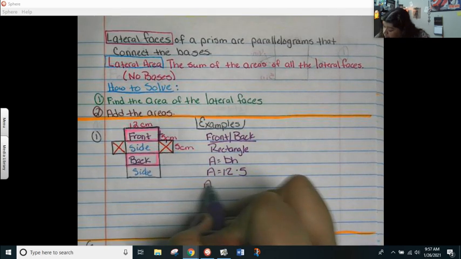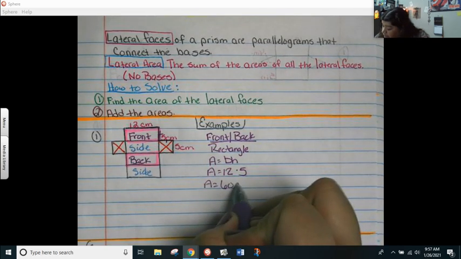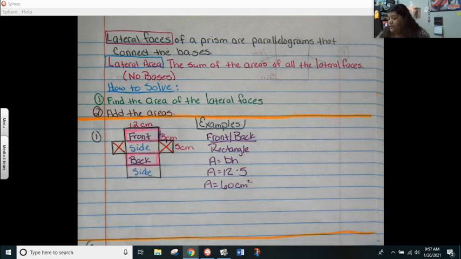And you multiply it together and you get 60 centimeters squared because you're doing 12 centimeters times 5 centimeters. 12 times 5 is 60. Centimeter times centimeter is centimeter squared. Okay, now,